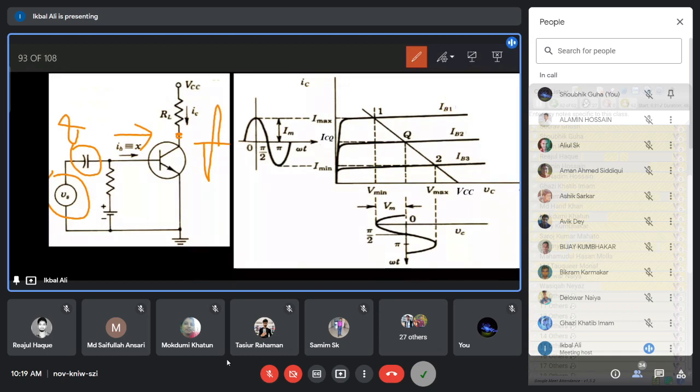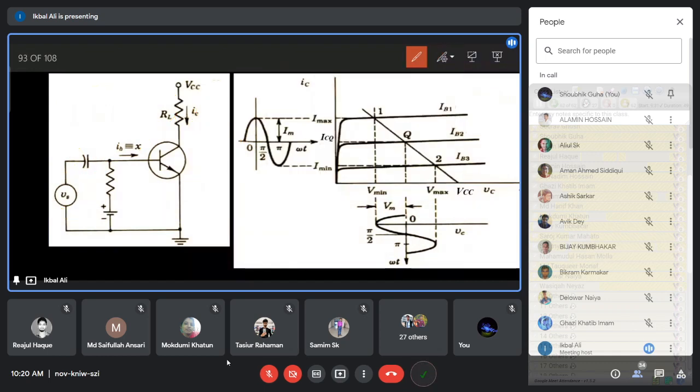So that is the AC source VS. This AC source may be the output of the antenna. Whenever you are receiving a signal from the antenna, that antenna signal will be amplified through cascaded stages, and finally this amplifier gives you the large AC signal. So this VS source may be the previous stage's output of the amplifiers. That is the AC source which is connected. The AC signal will be boosted to this large value by this amplifier.